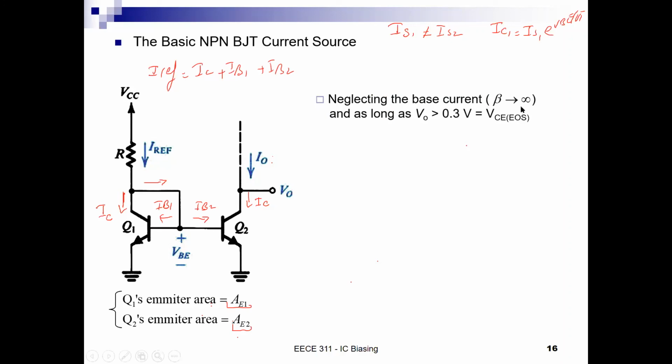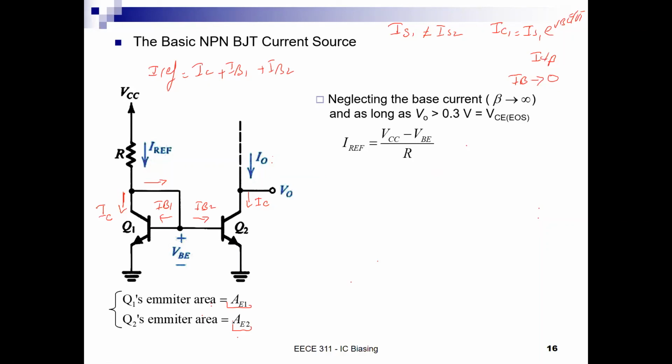Now, in the first example, we will assume that beta tends to infinity. If beta tends to infinity, what happens to IB? It's equal to IC over beta. What happens to IB? Infinity becomes... IC over beta, 1 over infinity, what does it become? Sorry, 0. Okay, so I don't have any branch current in the base to worry about. So in that case, what happens here is that,